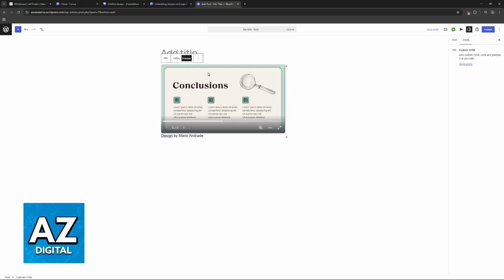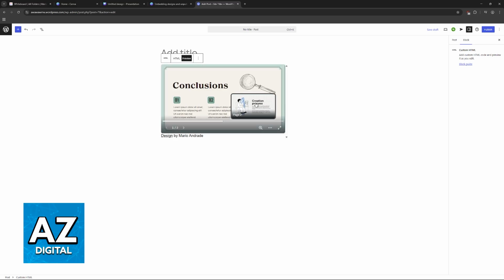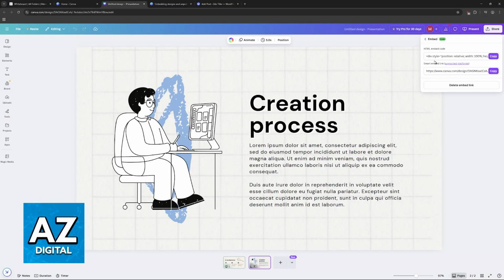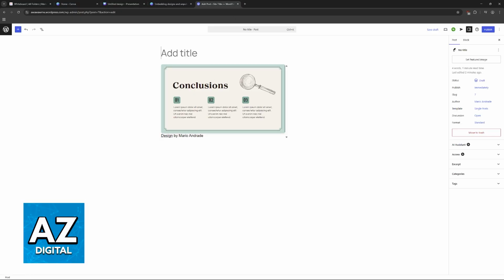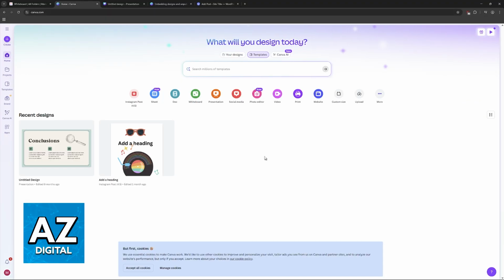So anyone who visits this page is going to see the 2 slides from Canva, and they will be able to swap between them. Of course, if you only have a design with 1 slide, then that is going to appear by default. Anything that you have on your Canva design is going to be transferred over. And all that you have to do is copy the HTML embed code here. Once it is copied, you can paste it onto any page. Make sure that you publish, and people will be able to see the Canva design that you've made.